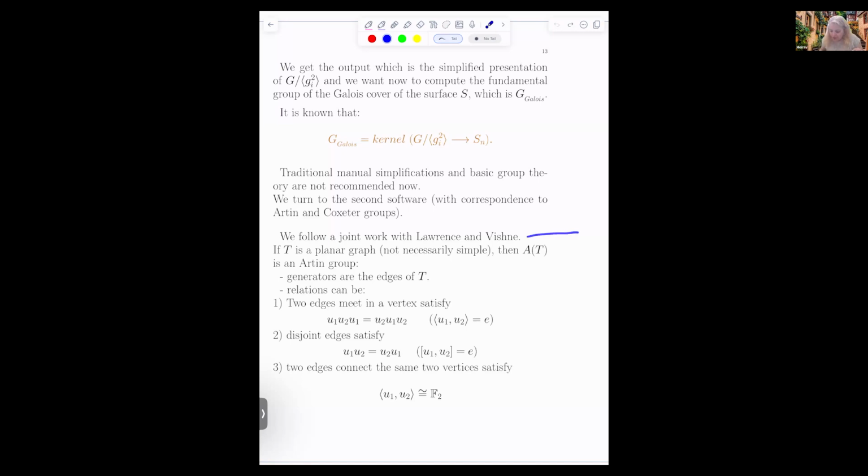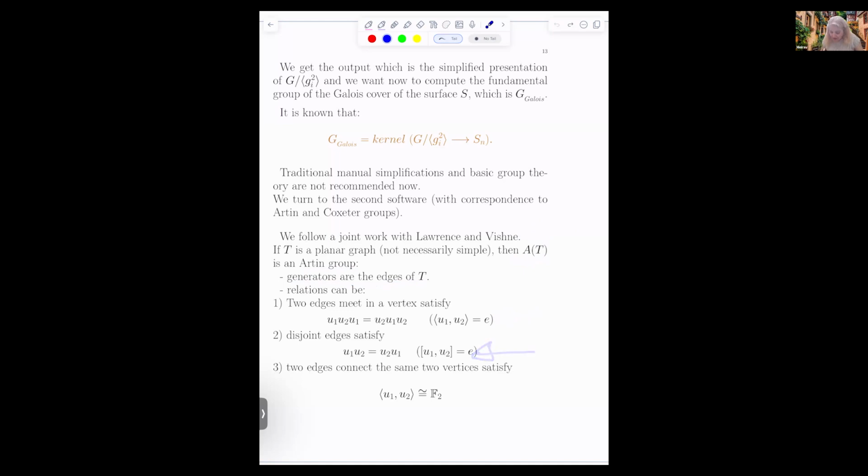We follow a work with Lawrence and Vishna about this, that we define Artin group AT, as usual, as we know, that the edges of some graph are the generators, and the relations can be a triple relation or commutation